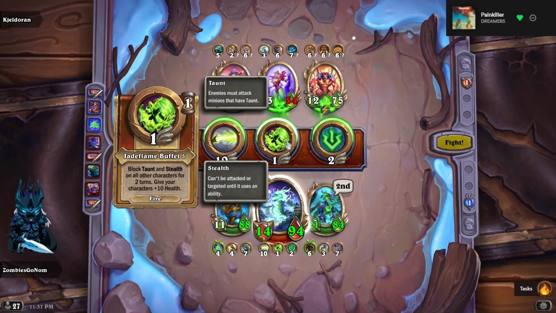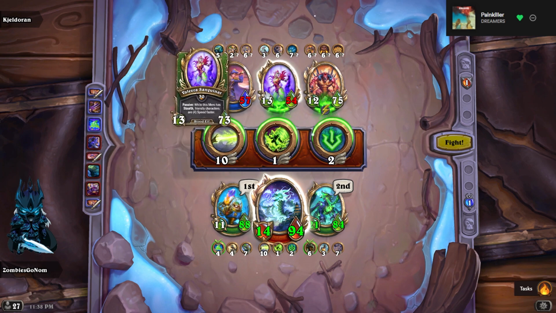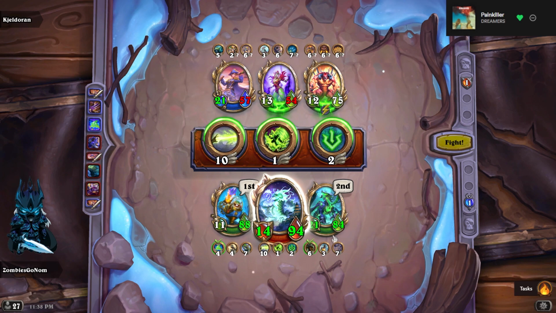Do we block stealth here? It's actually kind of reasonable, right? Gives us HP. It denies them speeding up. We do miss out on damage on Diablo, but like...